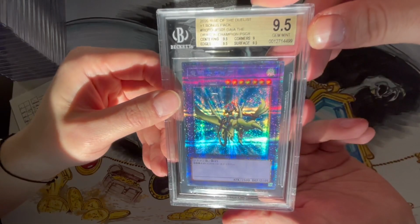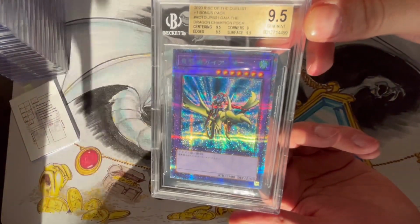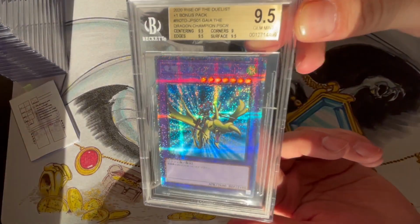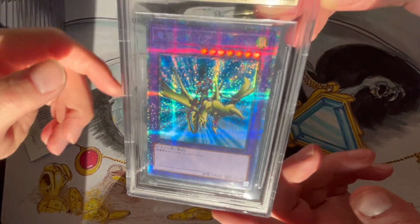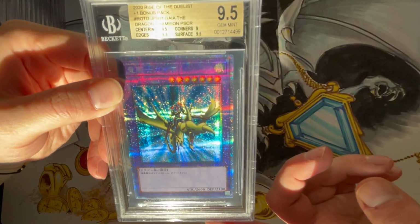Look at that. That looks really cool in the light. I'm just going to sit like this so you can see it more. Or do you want to do the... No, this is good actually. Okay. This looks really cool. That's awesome. So 9.5, and that is a...